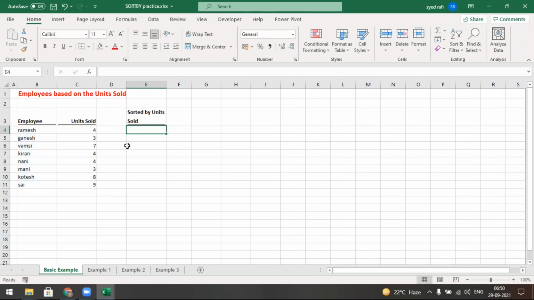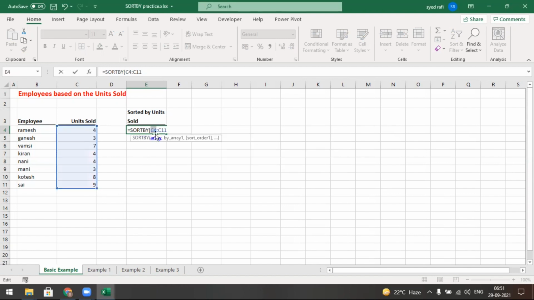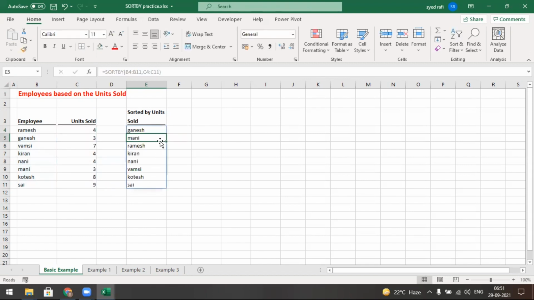One minute, I will show you. Equal to sort by, I select this one and I want to sort this one and press enter. Sorry, yes, it asks for more than one. I select this one, comma, I select this one, and press enter.